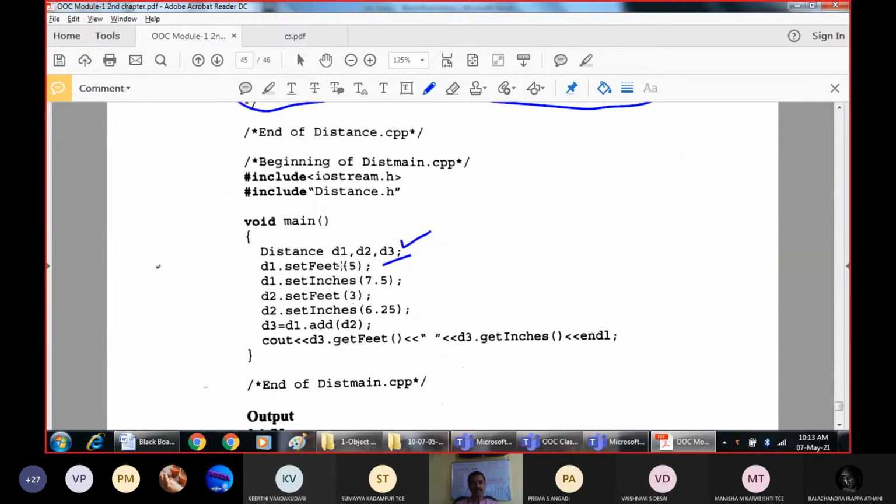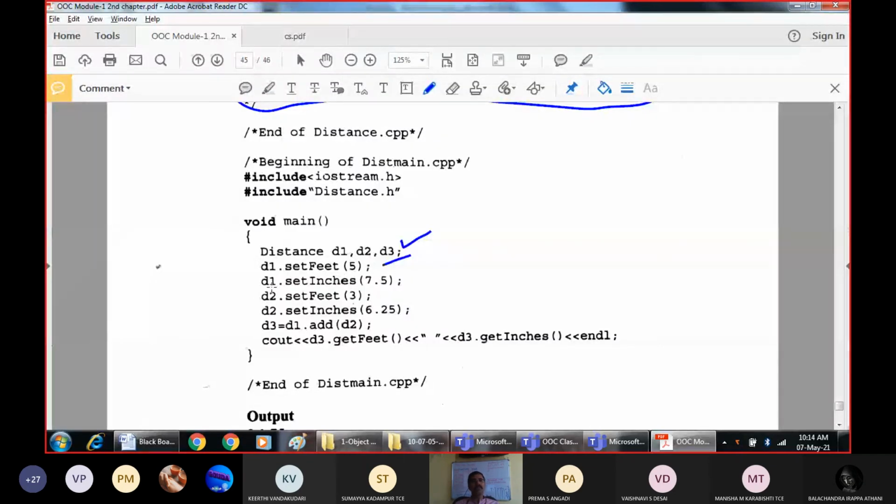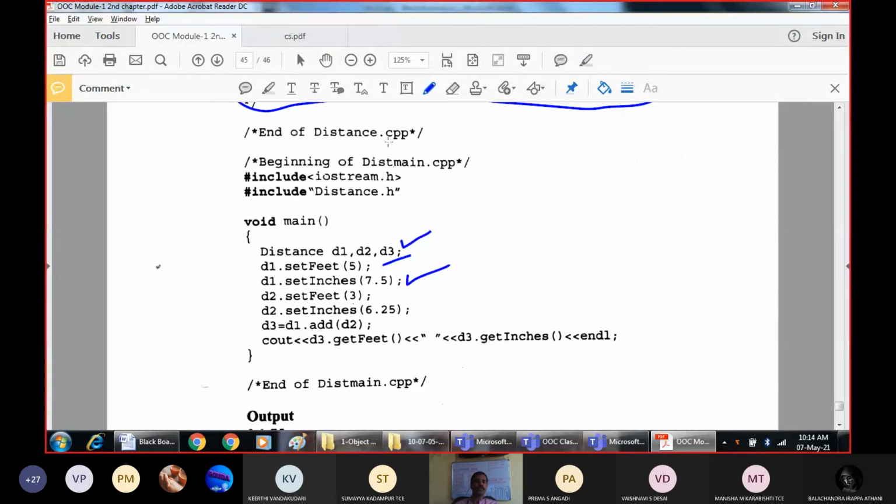So set feet on the D1 object will set a value of 5. Then for F inches, on the D1 object, we are invoking the set inches function by passing 7.5 as the parameter. That means F inches will be 7.5 on the D1 object.